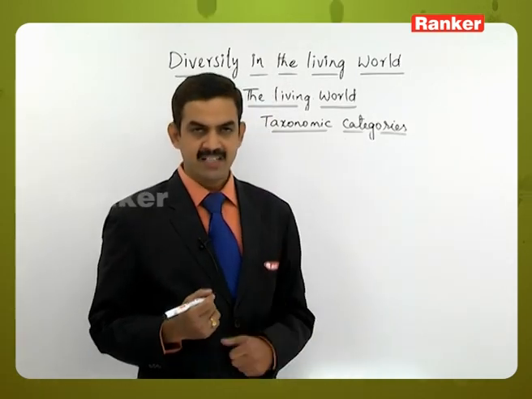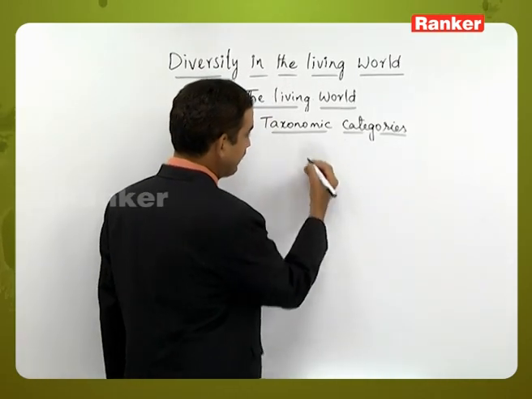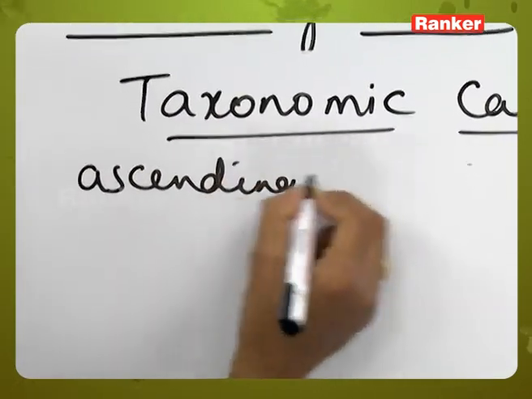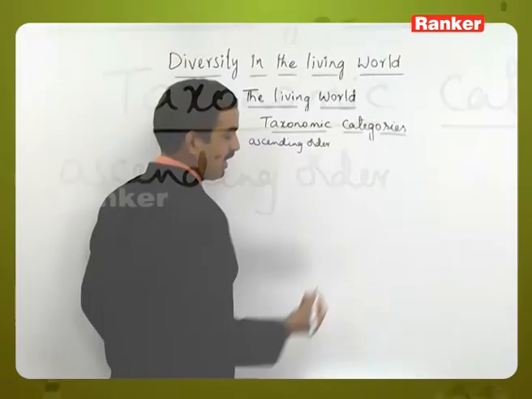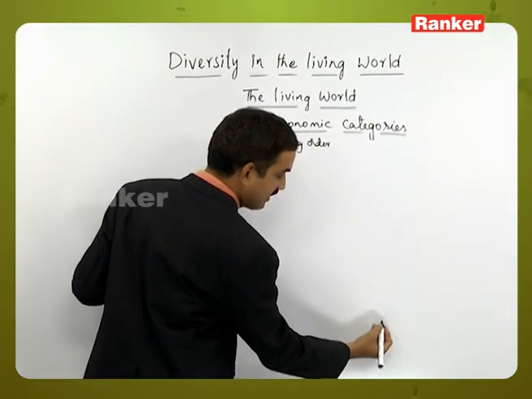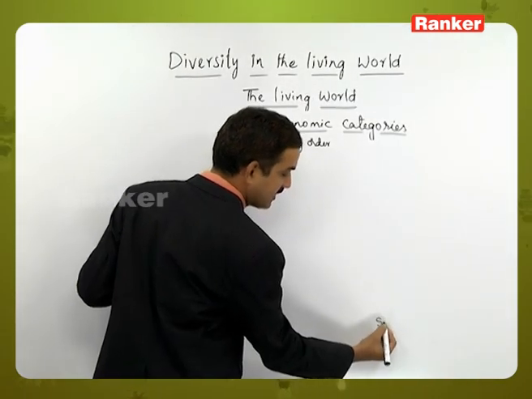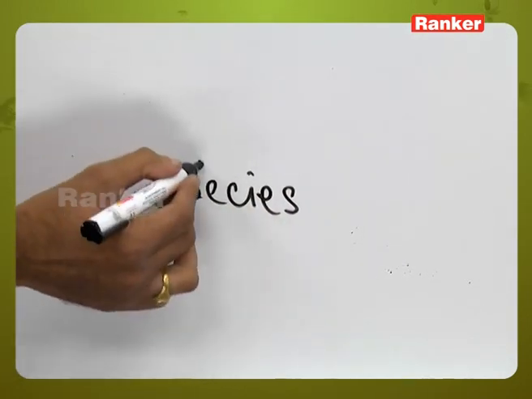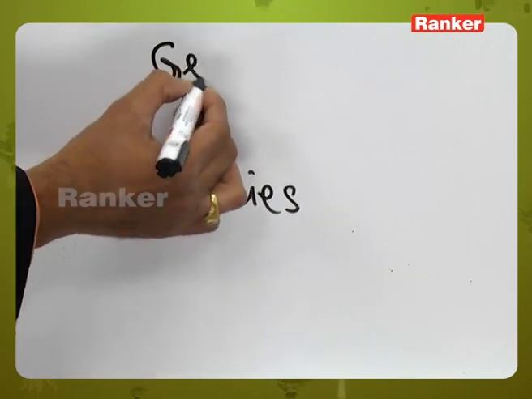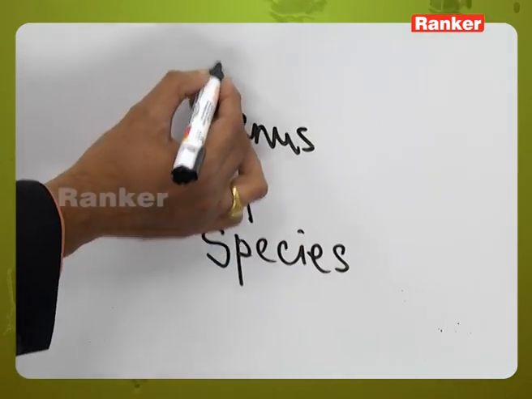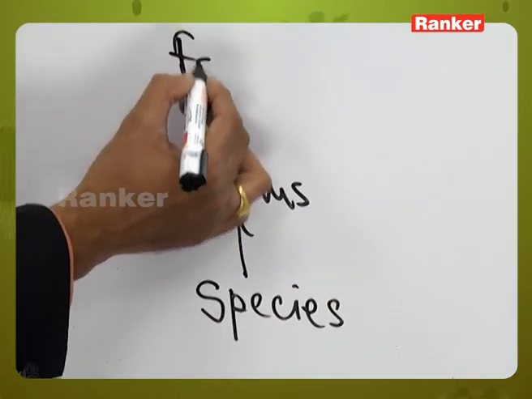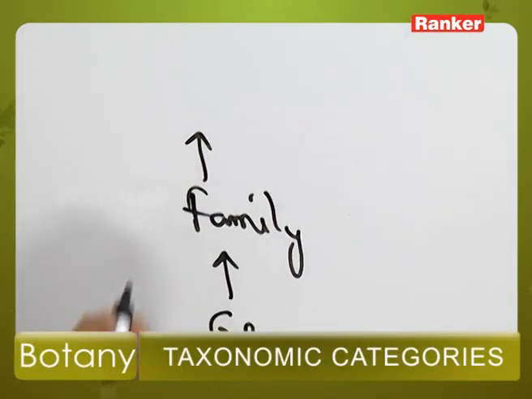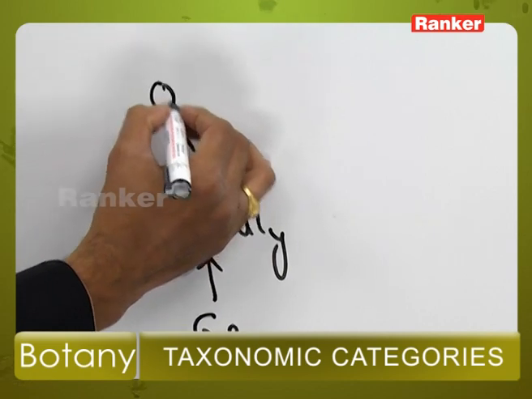So in this hierarchical order, I said that it will always be in ascending order, and we always write the smallest one at the lowest position, that is called a species. Similar species have been kept under genus, and similar genera have been kept under one family, and similar families with similar characters have been kept under